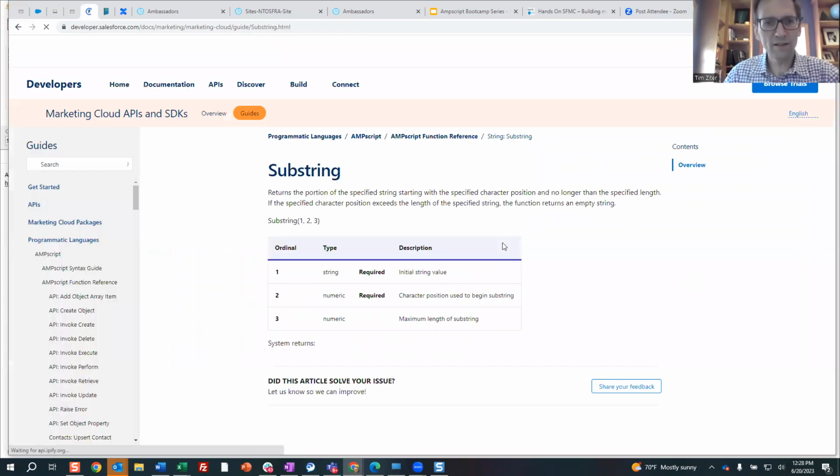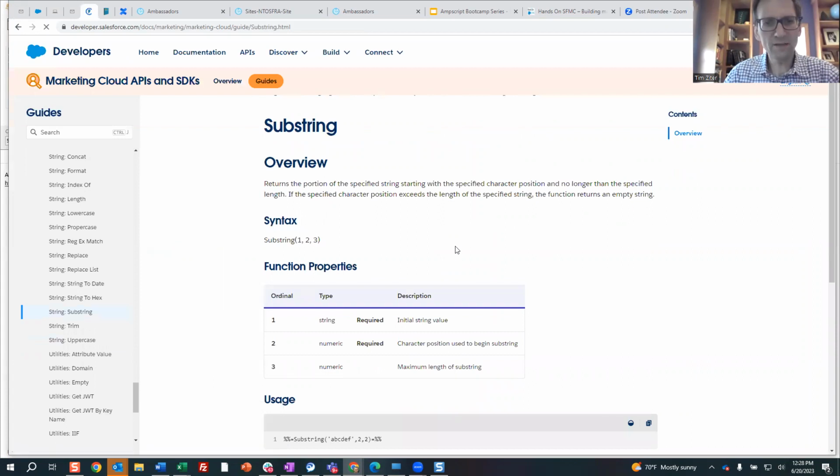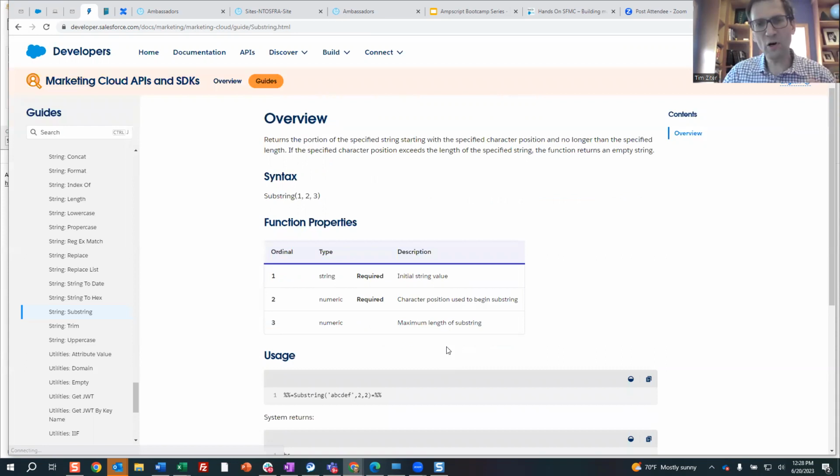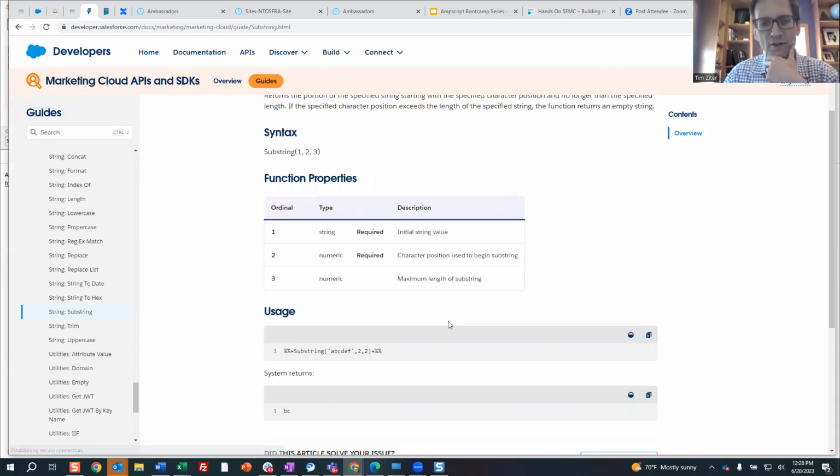Okay, so the syntax is relatively straightforward. You include the first variable, which is what you want to use as your variable to cut up. The second variable is where you want to start in your string. And the last part is the maximum length of that string. So in the example that they gave,